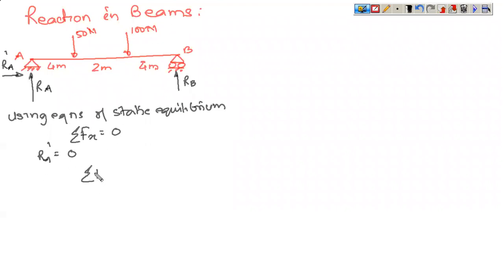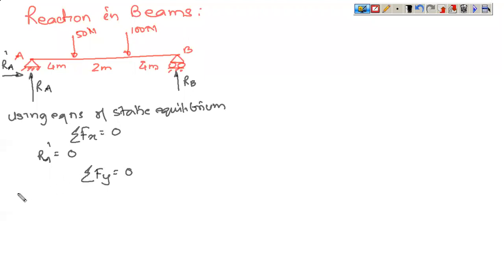Now the second equation of static equilibrium is Fy is equal to 0. I had told you in the previous lectures that the sign convention is clockwise movement positive, anti-clockwise movement negative. And for forces, upward acting forces are positive, downward acting forces are negative. Because if you look at the xy coordinate system, forces that are going upwards are actually towards the positive y-axis. This is the reason why these sign conventions have been taken.